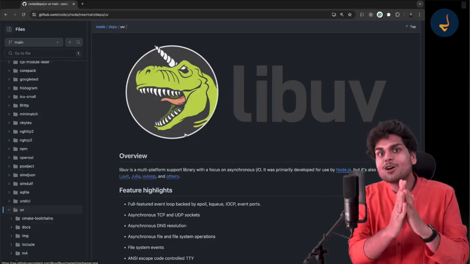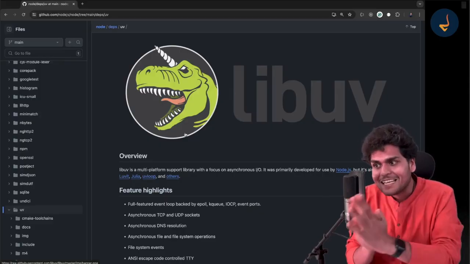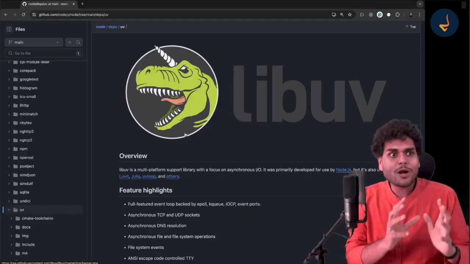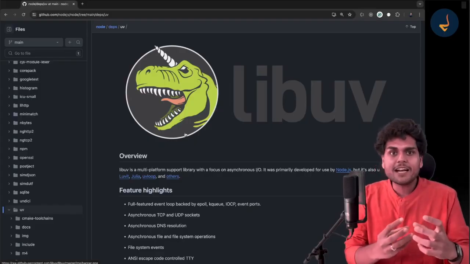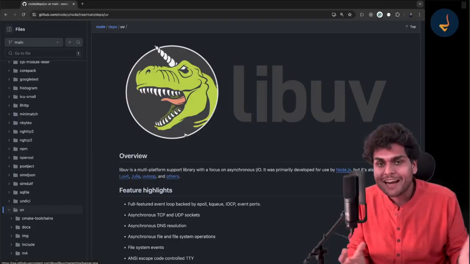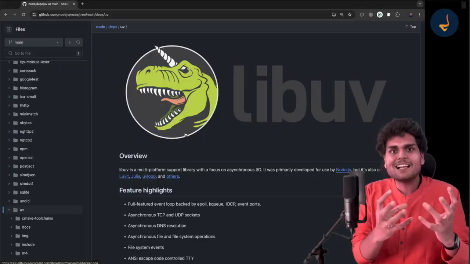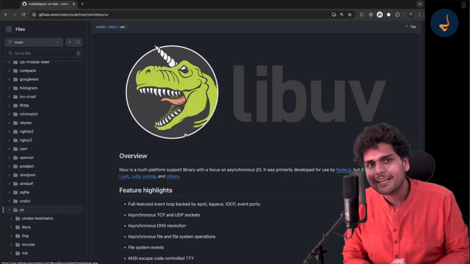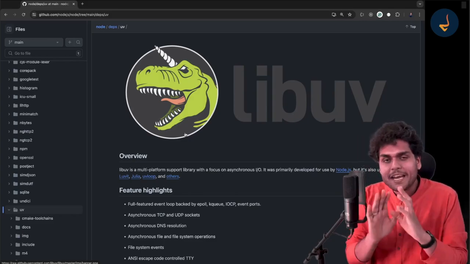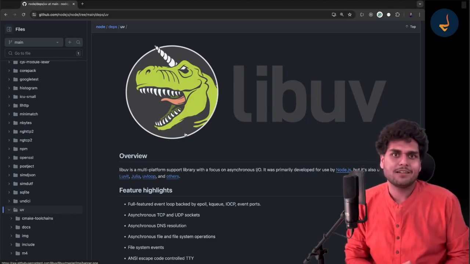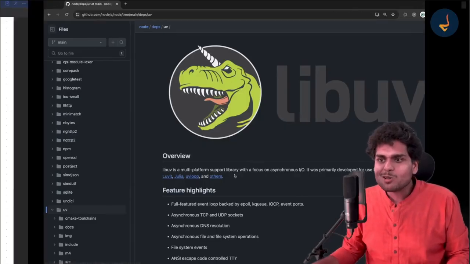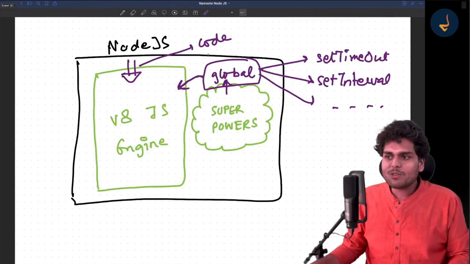You might have heard of the event loop inside Node.js. That is inside libuv. You might have heard about multi-threading and things working on different threads. That happens with libuv. libuv handles a lot of important things inside Node.js, and this is a very important superpower, my dear friend. But what I'm trying to say is, at the end of the day, it looks